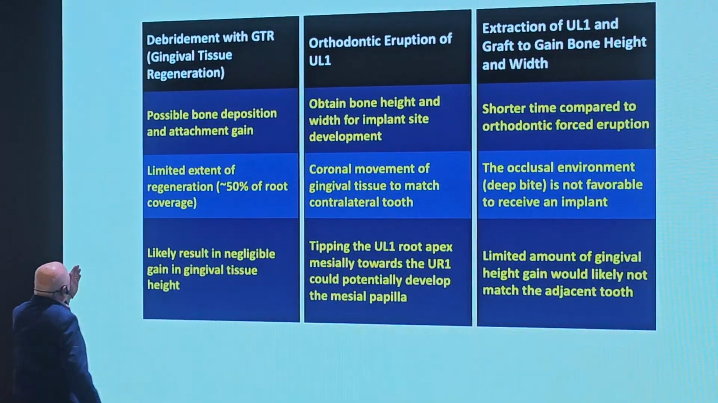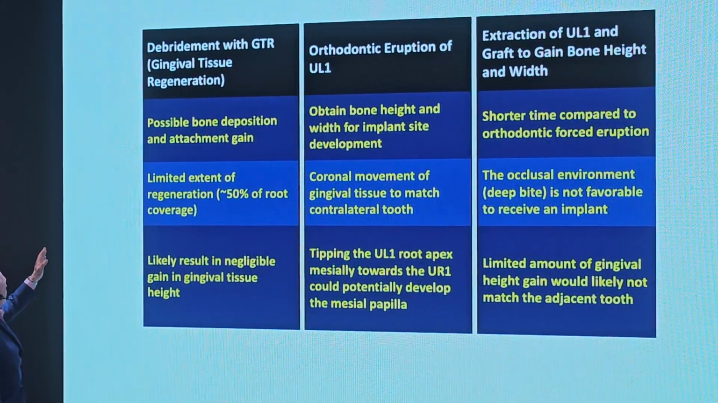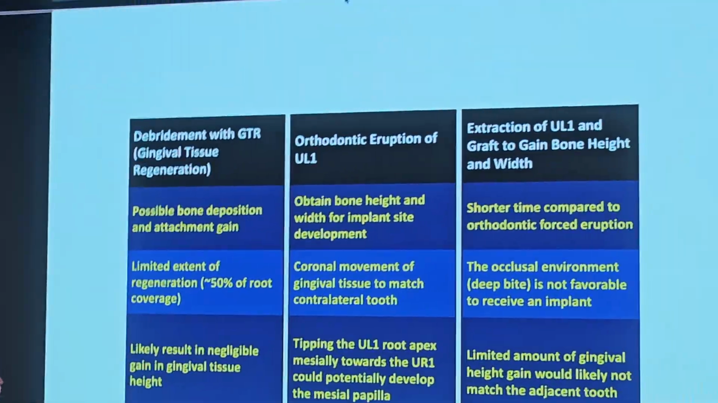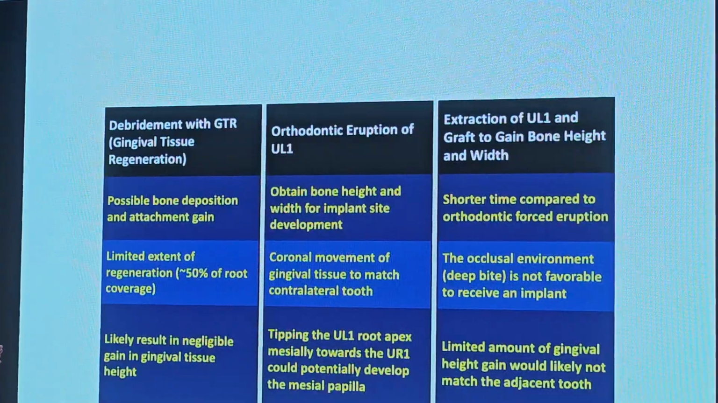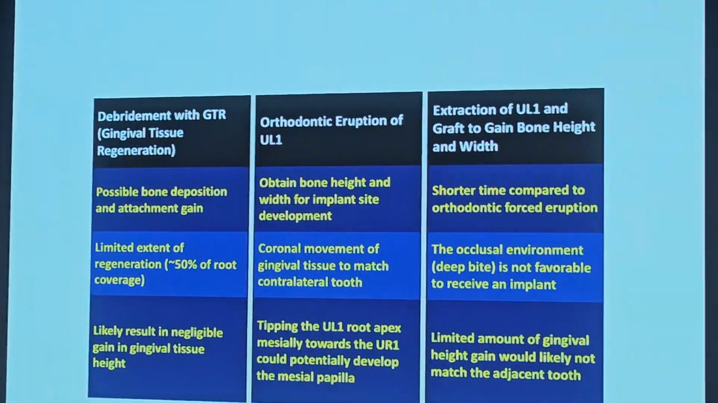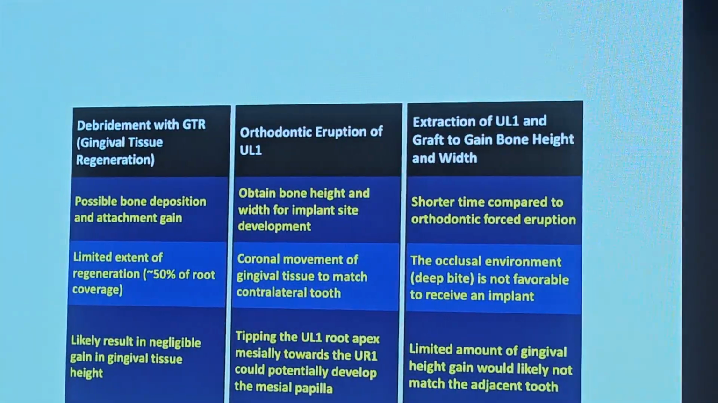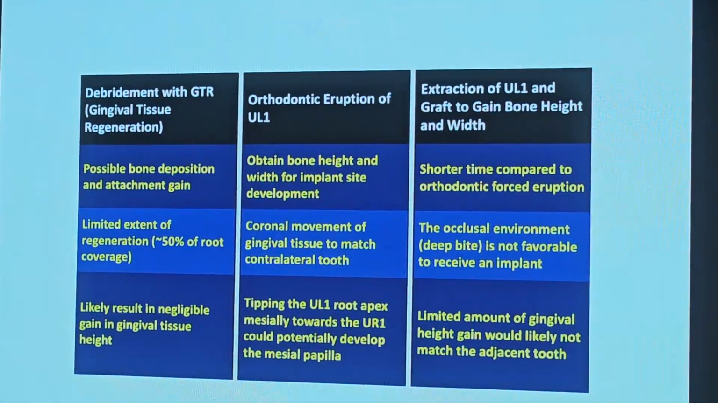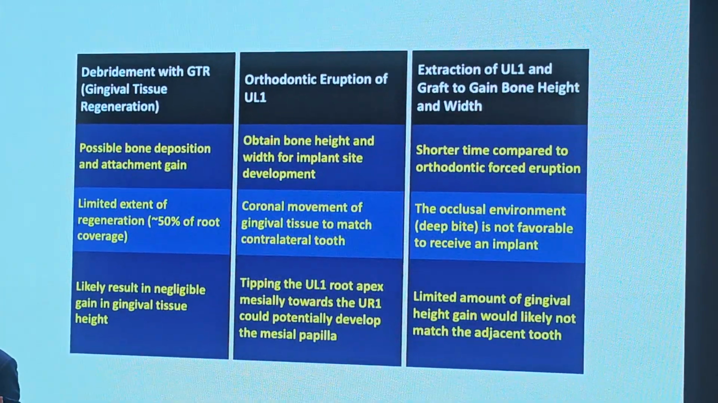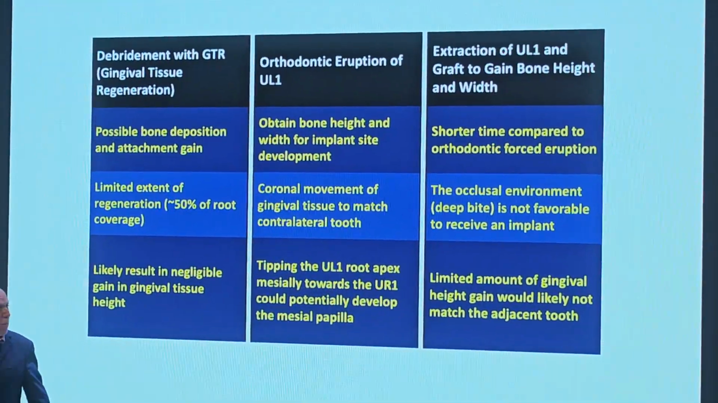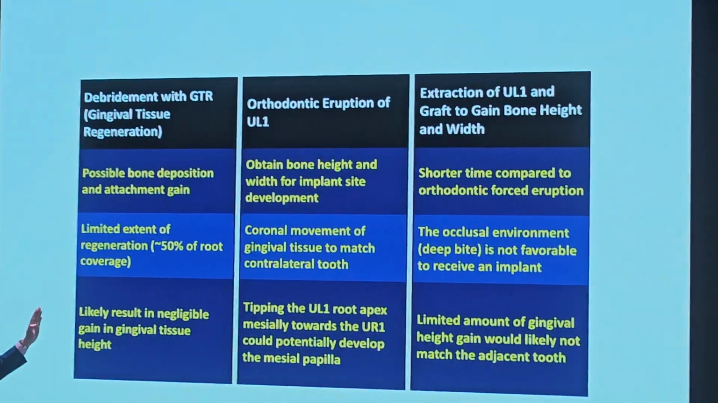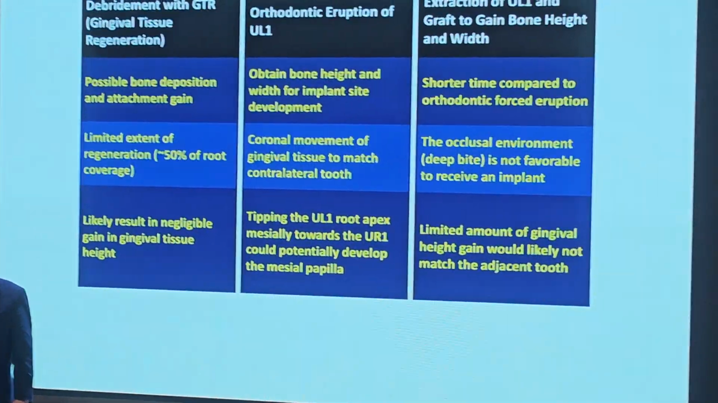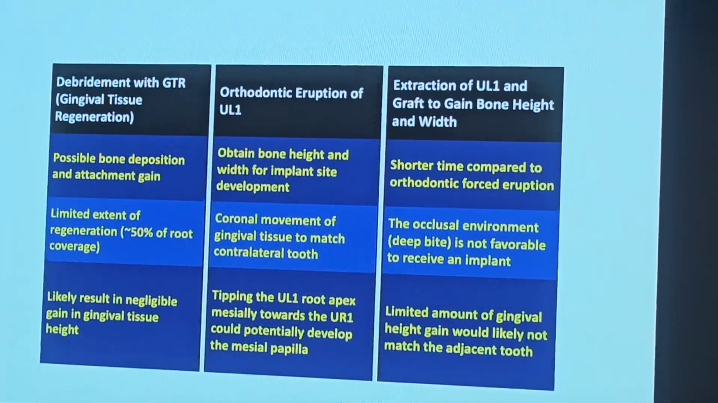So you can see one would be that we can do debridement with GTR, guided tissue regeneration. And we can probably get bone deposition, attachment, limited regeneration, likely resulting in gingival tissue. So when we look at it, we look at the literature. What does the literature say? And then we can do orthodontic eruption of the upper incisor. If I do upper incisor eruption, the bone is going to come